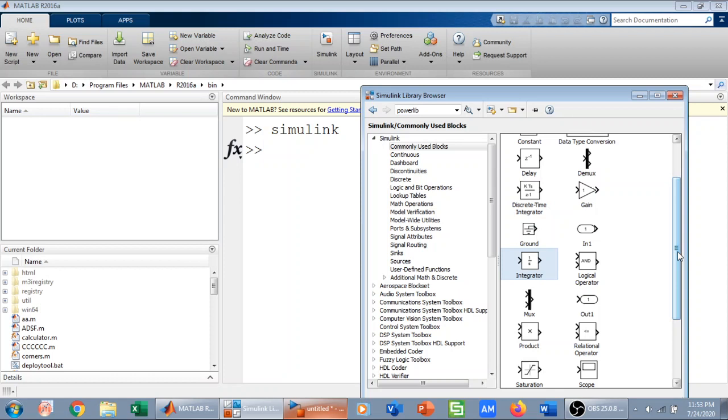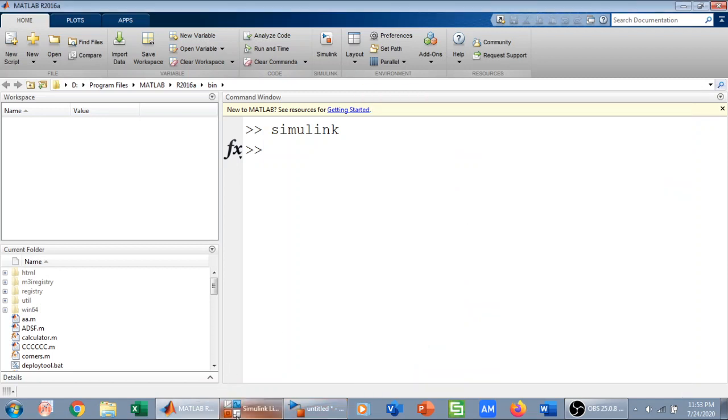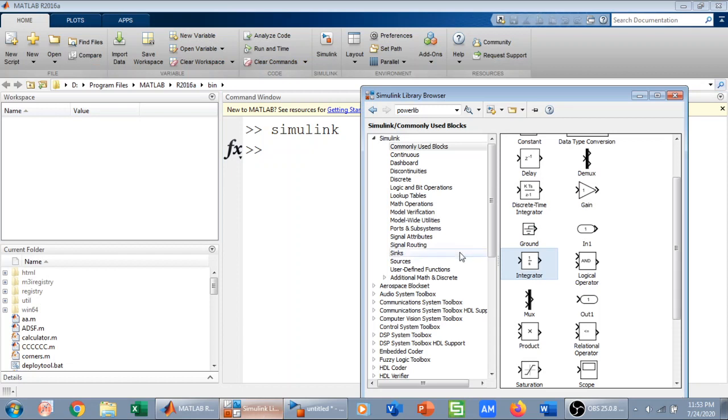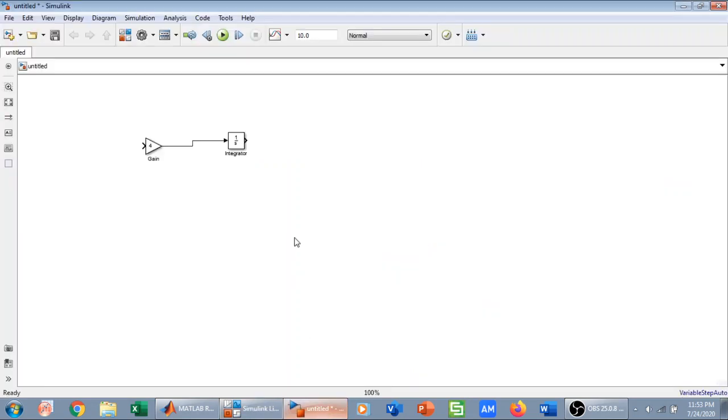Now, as a starting point example, I am going to build a simple model that takes in a sine wave input, amplifies it by a factor and gives us output.